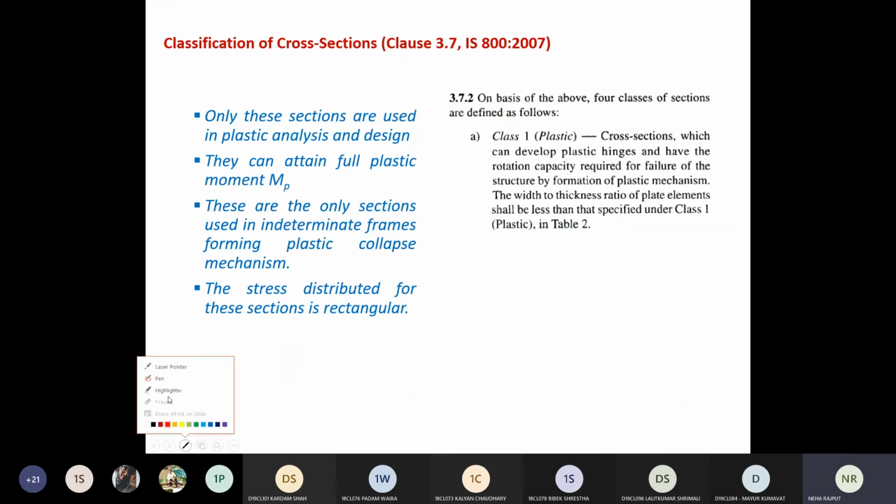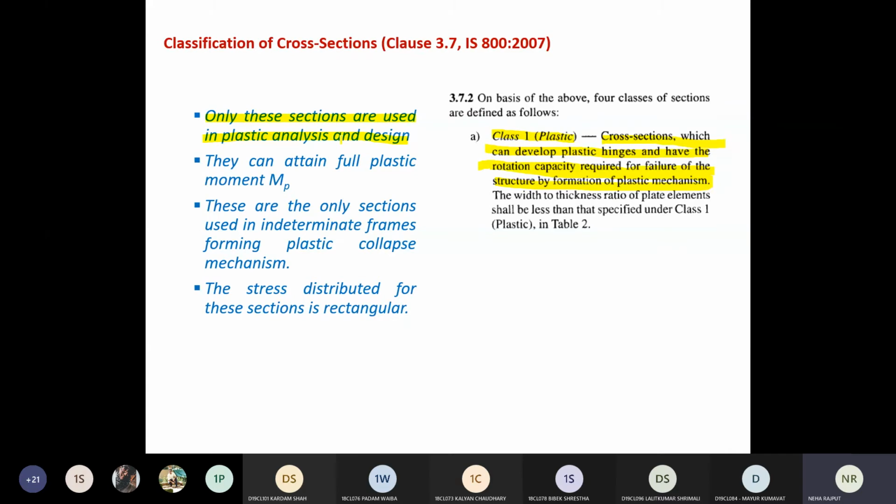The first is class 1 plastic cross section, which can develop plastic hinges and have the rotational capacity required for failure of structure by forming the plastic mechanism, right? Only these sections are used in plastic analysis and design. The section which will fall into class 1 is only used for the plastic analysis and design.